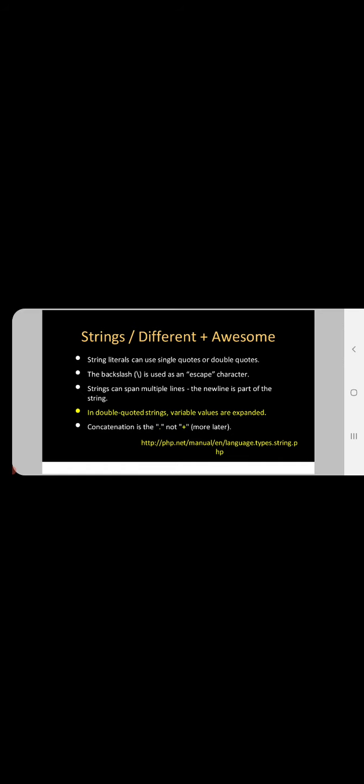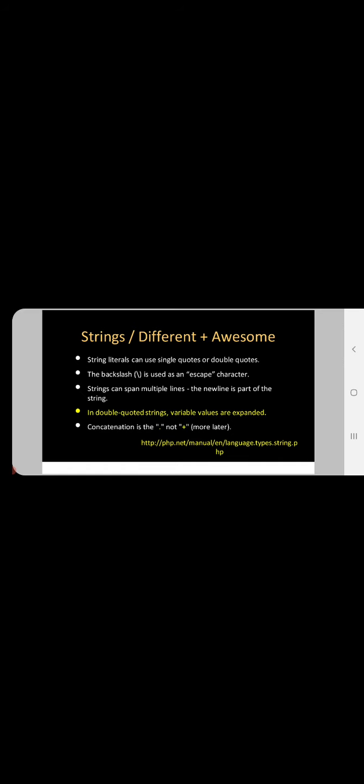So next, what are strings and how to use strings in PHP? String literals or strings can use single quotes or double quotes. What is a string?